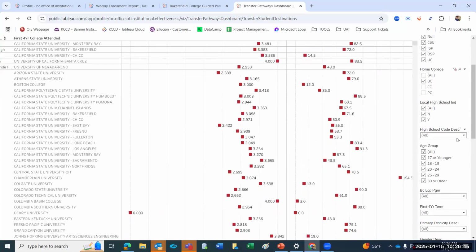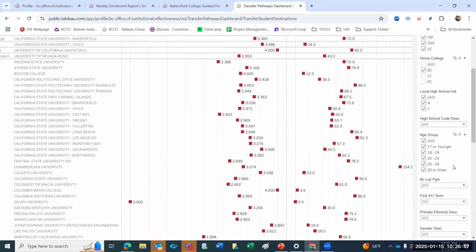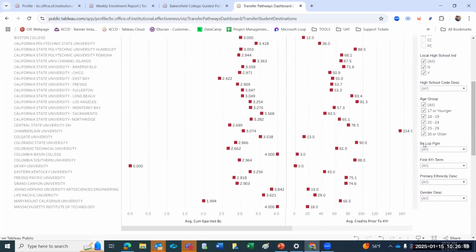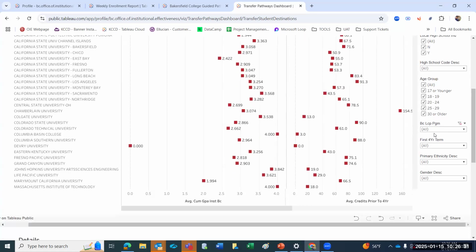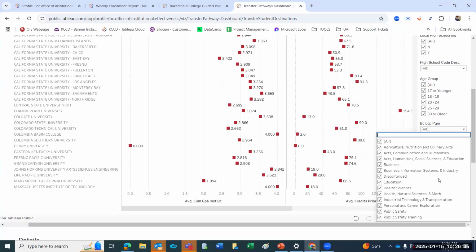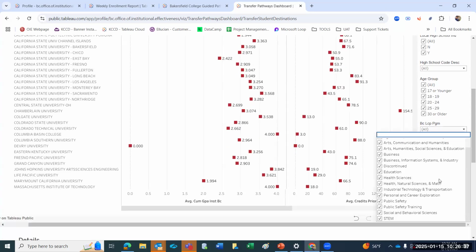Yeah, we can sort by different high schools. We can limit it to just students who are fresh out of high school, their first 4-year term, or we can see some who have waited a little bit to come to BC. We can sort by the different LCP programs. So if you wanted to do an analysis of just STEM students or just health sciences students, you